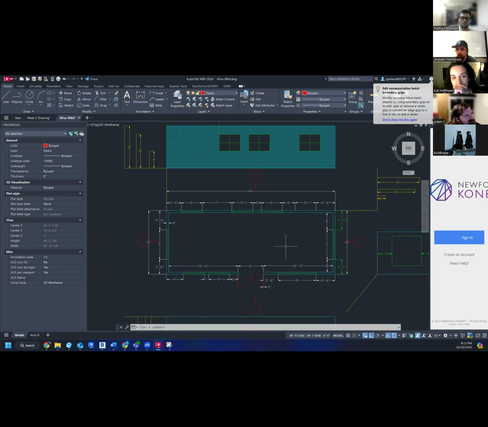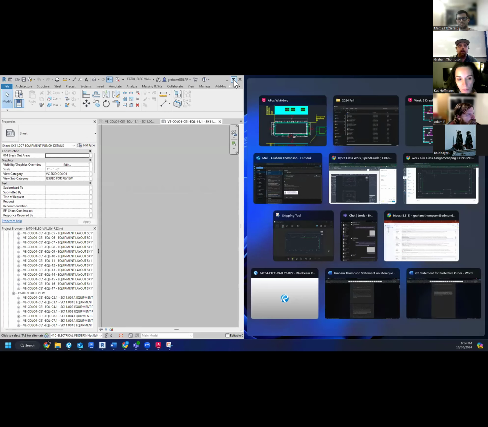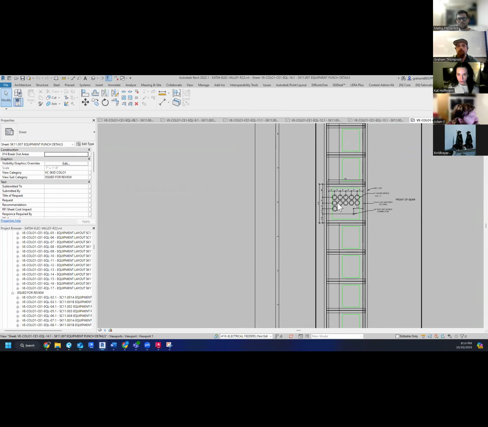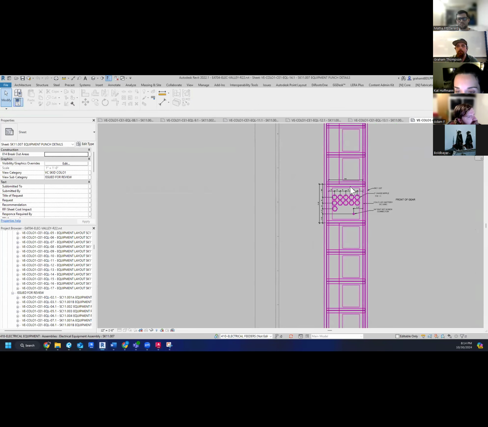Whereas I'm working in an environment, and they should be working in an environment, that's 3D, paying attention to the Z axis, right? So I may be dropping it in, but I'm taking, like, here's Revit. I'm taking a cut of it. I'm taking something where it actually lives, like when I look at this piece of equipment,